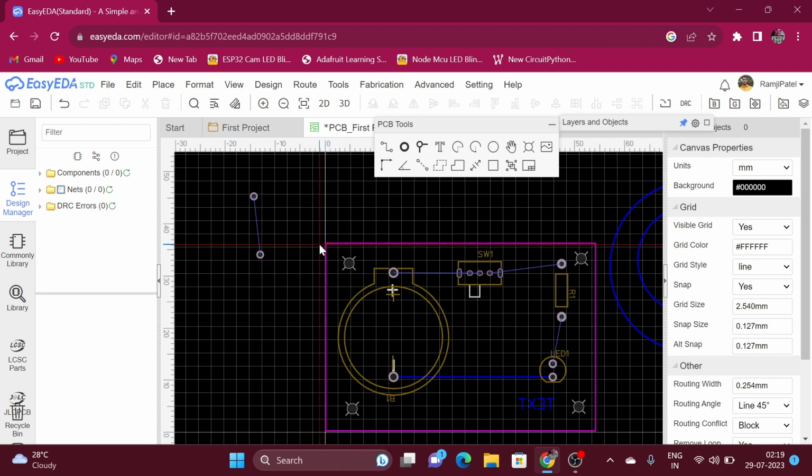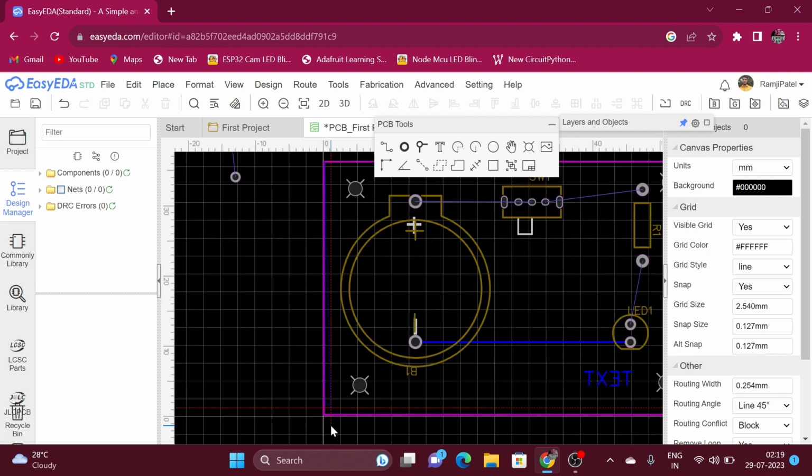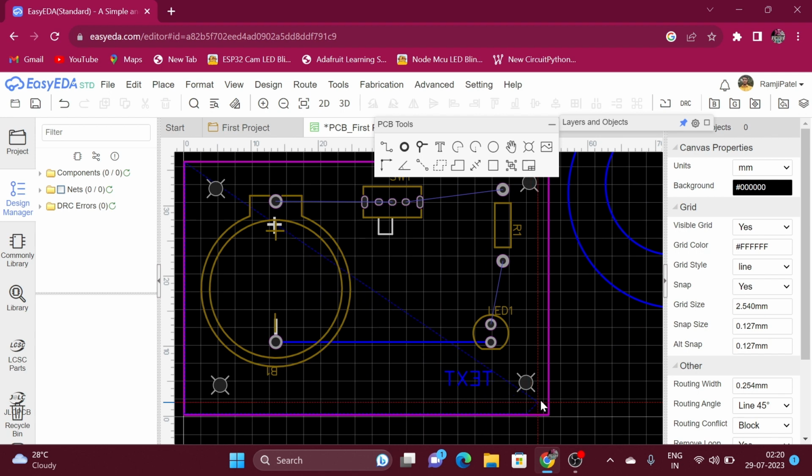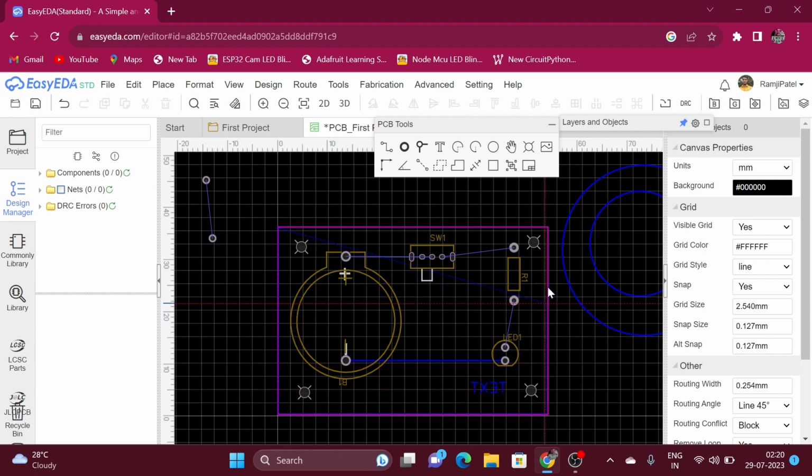bring the cursor to this corner of your PCB board outline, and then press the left key of the mouse and drag the cursor towards the bottom, and then as soon as we reach the bottom left corner of the PCB, again press the left key of the mouse and then drag the mouse towards the right side, and as soon as we reach the right bottom corner, again press the left key of the mouse and then drag the mouse upward,